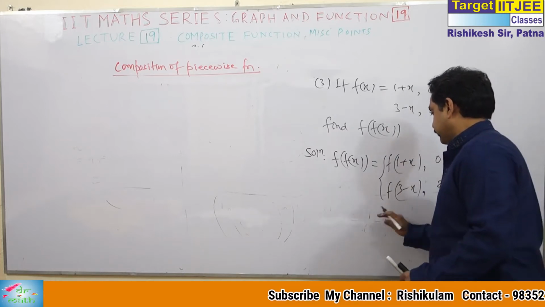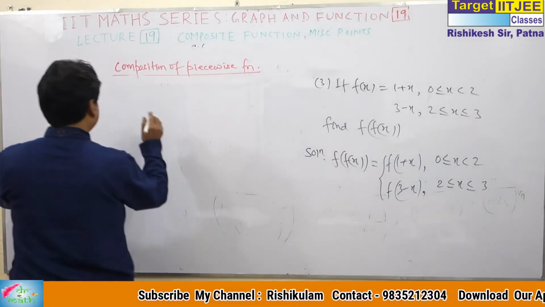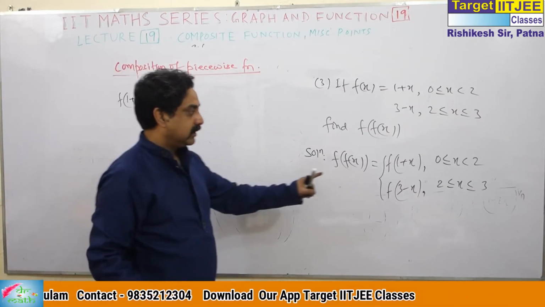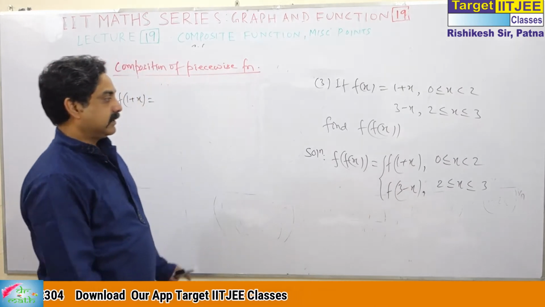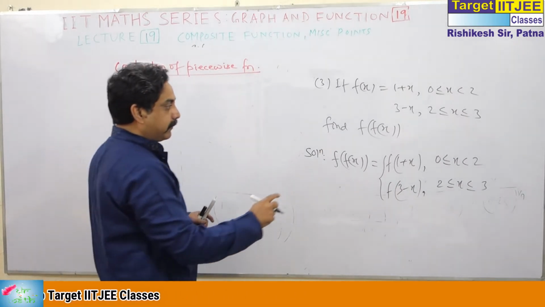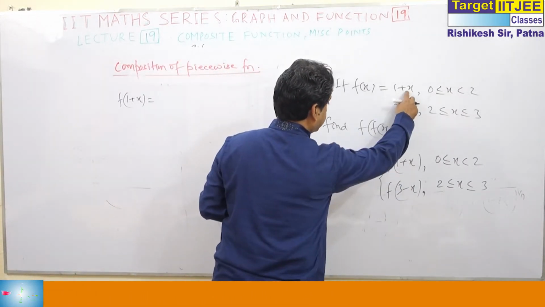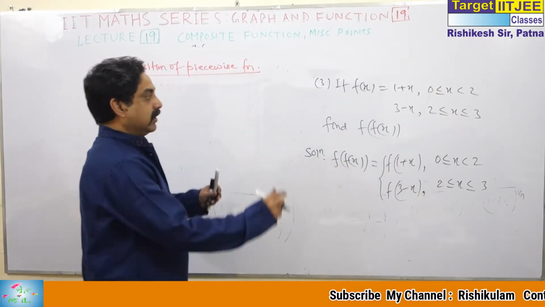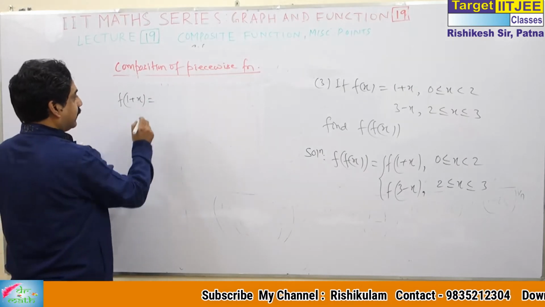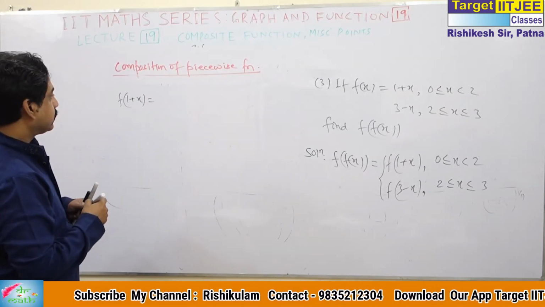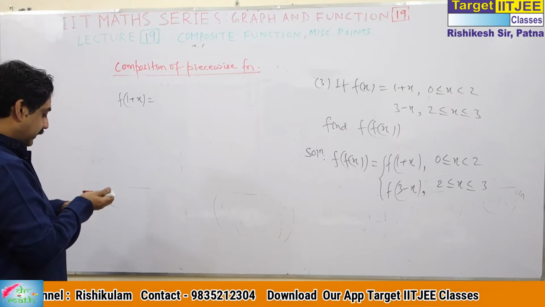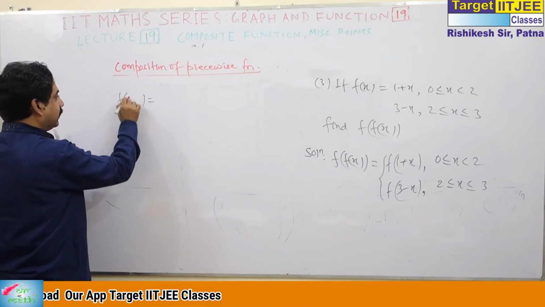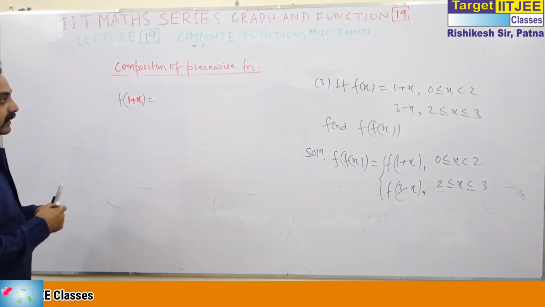This is the first. Now, what I write for f of (1 plus x)? Now, let me do. I am going for this f of (1 plus x). What I write? Actually, we have to compose. We have to do composition. For x, what we write? For x, we write what? 1 plus x. So I will write, let me write this with red one. If you can see the color.